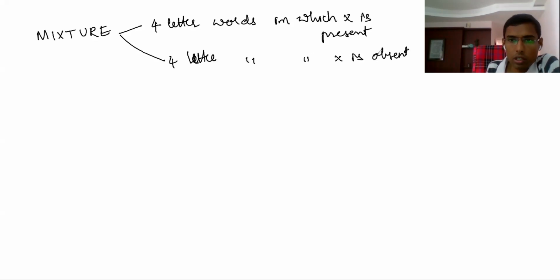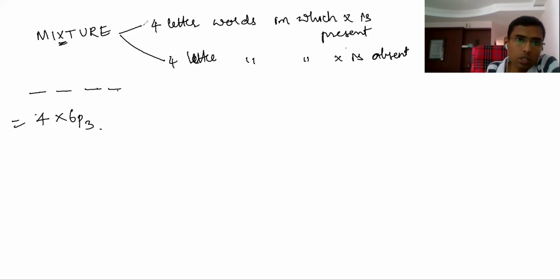I already told you this. Very simple, 7 letters are there. X is present: first you have to arrange X. In 4 blanks, X can be arranged in 4 ways, either the first, second, third or fourth blank. Now X is gone, one blank is gone, and the 6 letters can be arranged in 3 blanks in 6P3 ways. So the number of words in which X is present is 4 into 6P3.